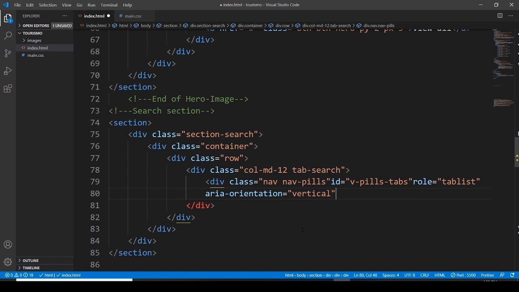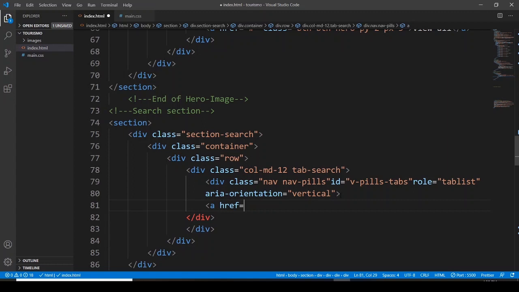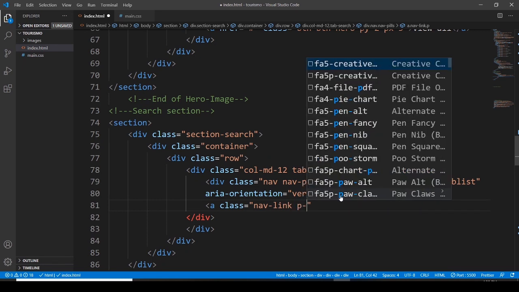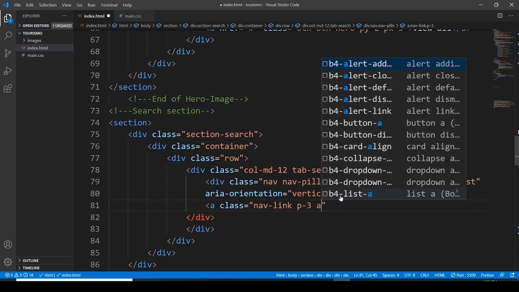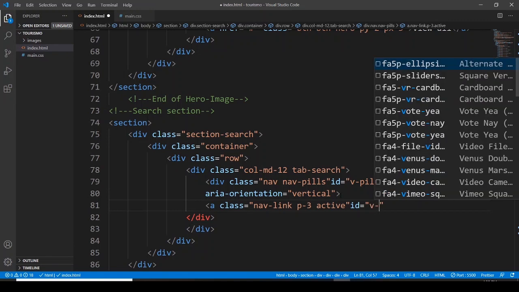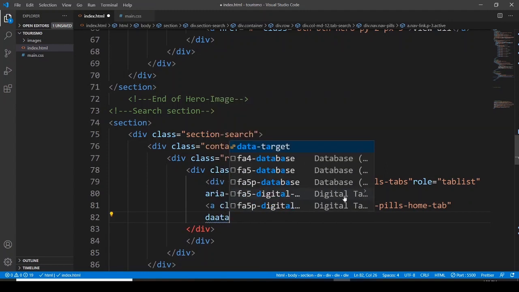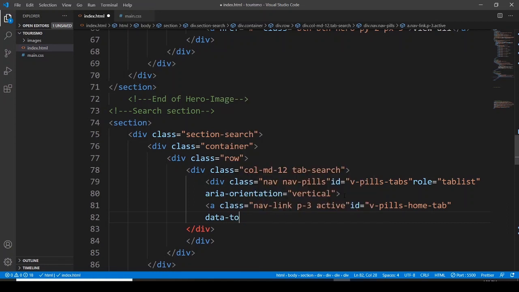and an anchor tag here. Sorry, not href, but a class. The class is going to be nav link, and padding from top, bottom, left, right is going to be 3, and active. And let's go with ID. ID is going to be the same, we pills, and here I just want to say home tab. Okay, and want to go with data toggle. So data toggle is going to be pill,